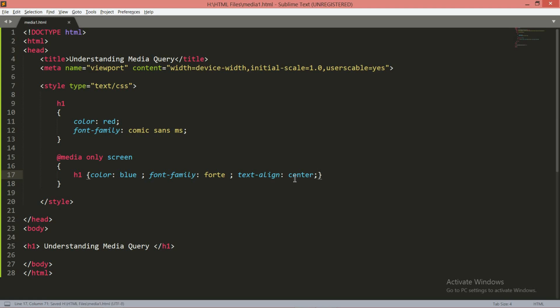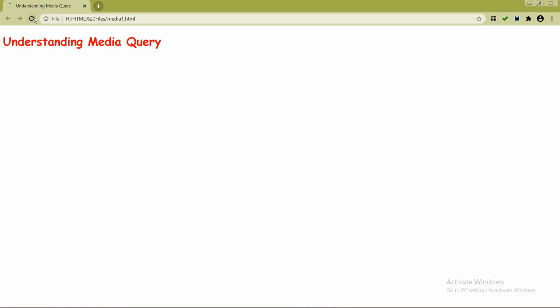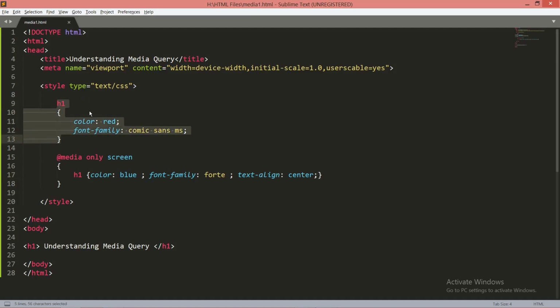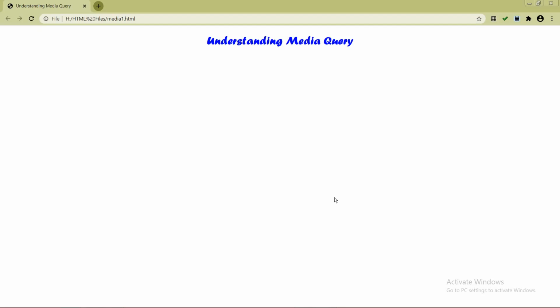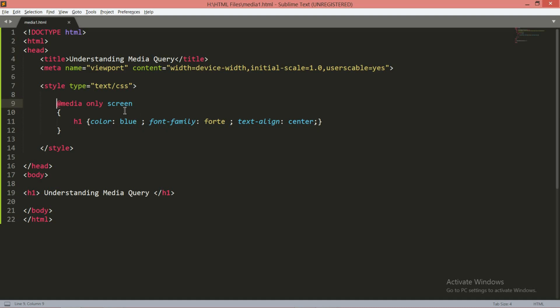These three properties I want to set. Whenever I refresh the page, it means you are seeing that application's output on the web page on the screen, so these properties will be implemented on that screen only. Save it and refresh it. Just see the output. You can see. Now you can delete this particular property because I don't need it now. I just want to remove this. Just delete it. Now when I am watching this preview output on the screen, these properties will be implemented on the screen.